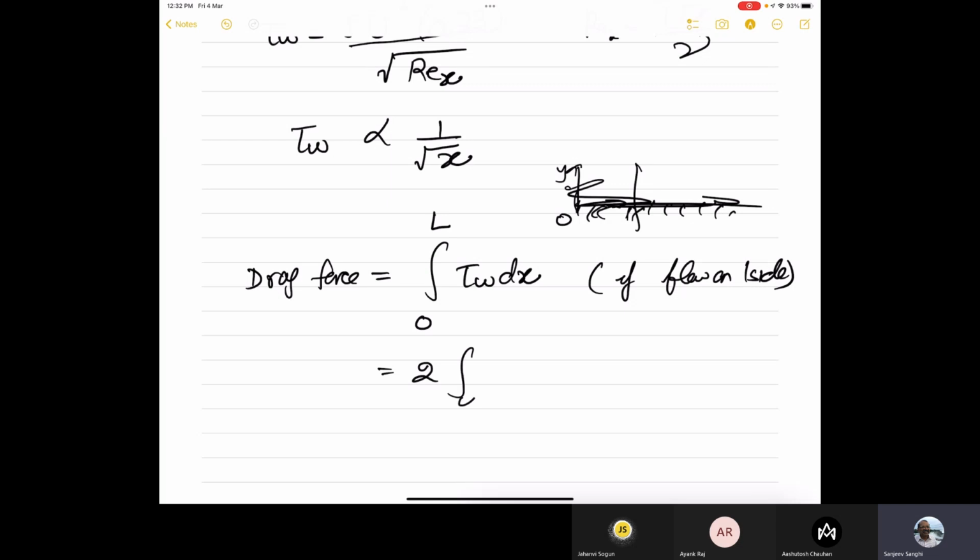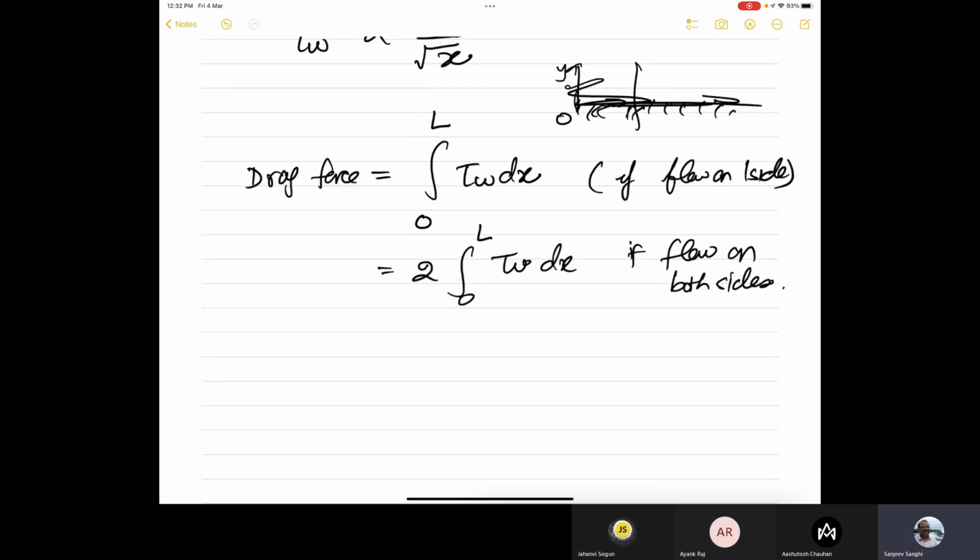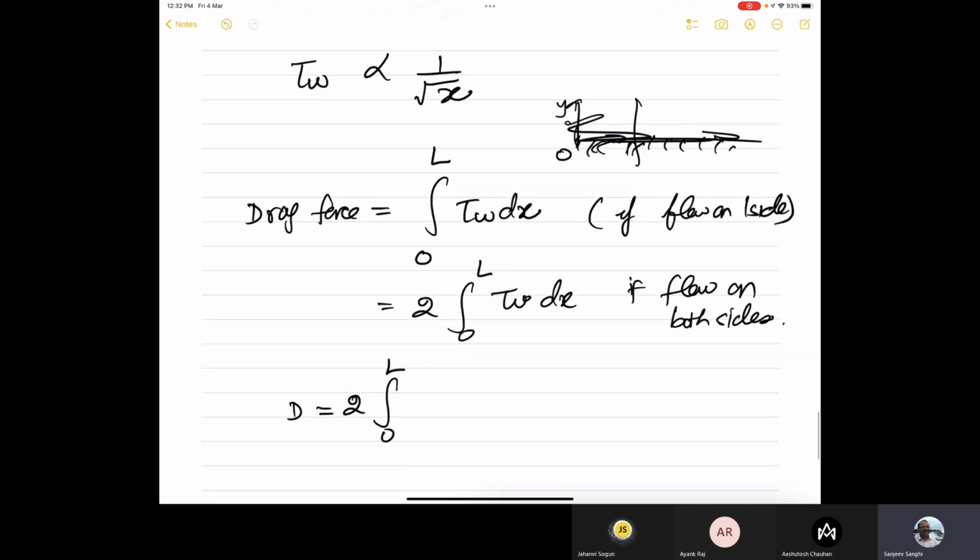This is equal to 2 times integral 0 to L of tau w dx for flow on both sides. Let's assume that the flow is on both sides. So drag force becomes equal to 2 times integral 0 to L of tau wall,